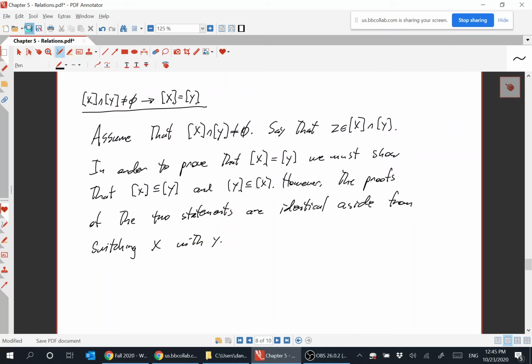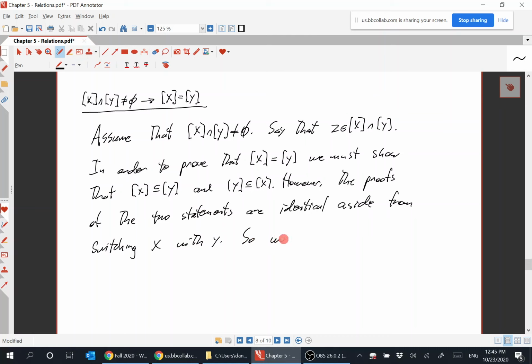It's the same proof. There's nothing particularly special about X as opposed to Y in this proof. You might not have known that ahead of time, but I'll let you know ahead of time here that this is going to be the case. All right, so